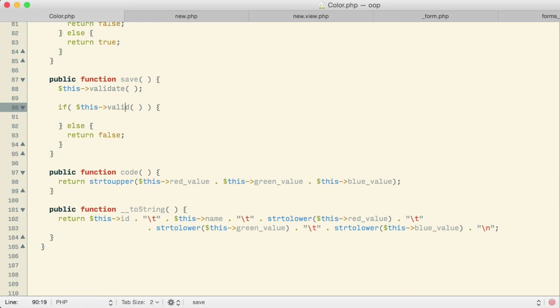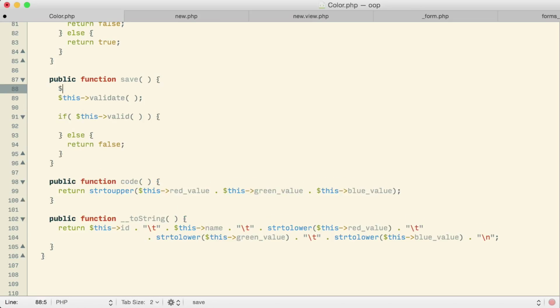When the object itself is actually valid, I think what I'd like to do is put it into the array of all colors that are loaded. In order for that to happen, I have to have all of my colors. So let me say for all of my colors, go to this class and call all. Now this is one of those situations that I imagined was going to come up.